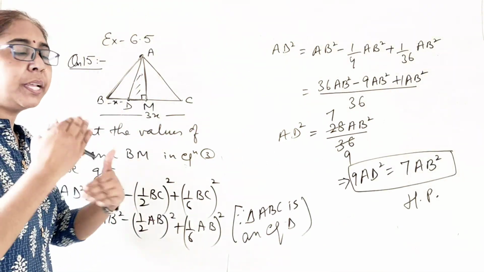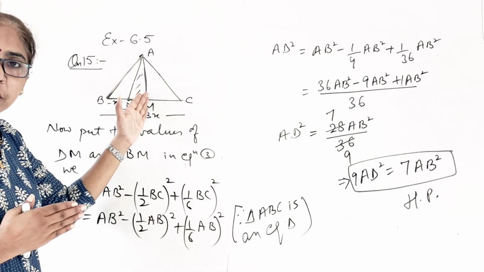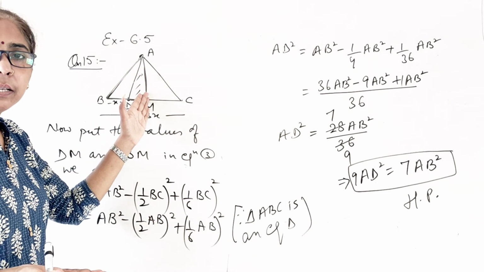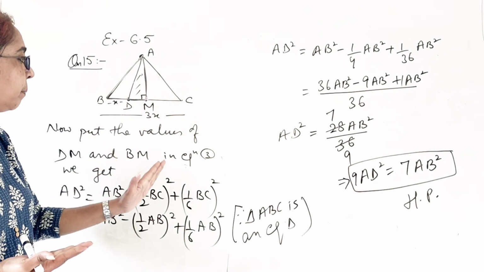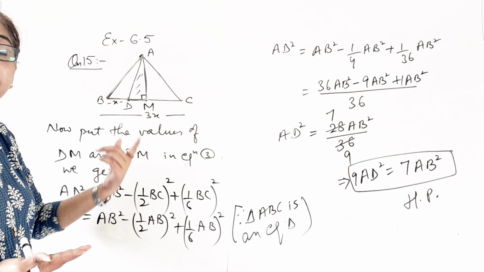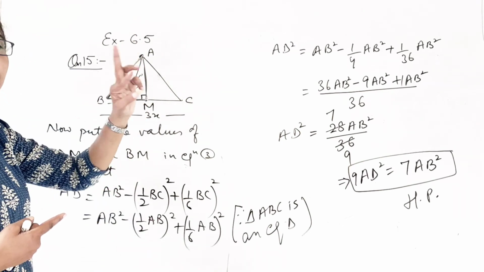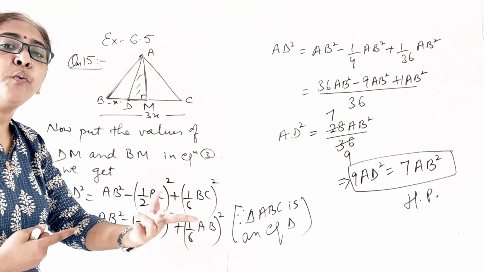Just take a look. I'm recapping the question. Here we have done the construction because of a right angle, and then we apply the Pythagoras theorem in which we get AD and AB. After getting the value of AB and AD, I removed AM from that equation. After removing AM,